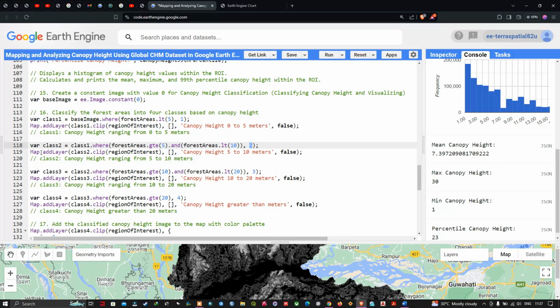So next we define map.addLayer class 2.clip(region of interest), default visualization parameter, canopy height from 5 to 10 meters. And similarly, we define a variable class 3 from class 2, where the forest area is greater than 10 and less than 20, and give it as class 3. And to add this layer, map.addLayer class 3.clip(region of interest), default visualization parameter, canopy height from 10